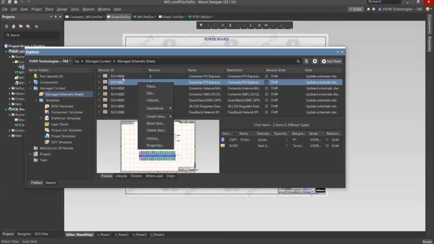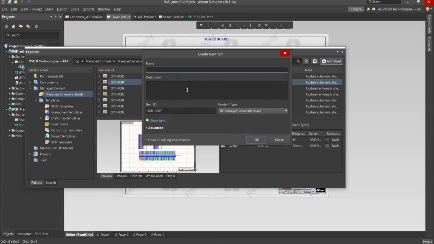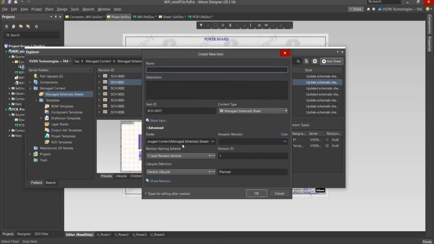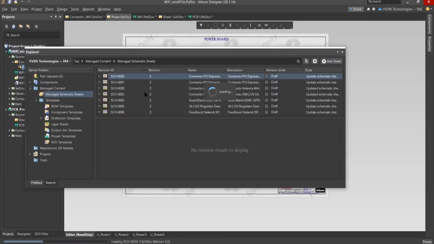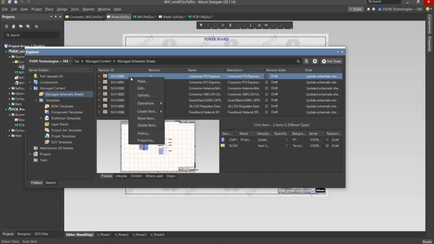We can upload also. Suppose this power supply we want to upload, so there what you have to do, add sheet, go to add sheet, then here we have to choose this sheet. Okay, so after that click add. Okay, so like that also we can add under managed schematic sheet. Okay, so item ID and everything we can add. Okay, so this option is there, and if you want to place, we can directly place also from there. So this is the managed schematic sheet,